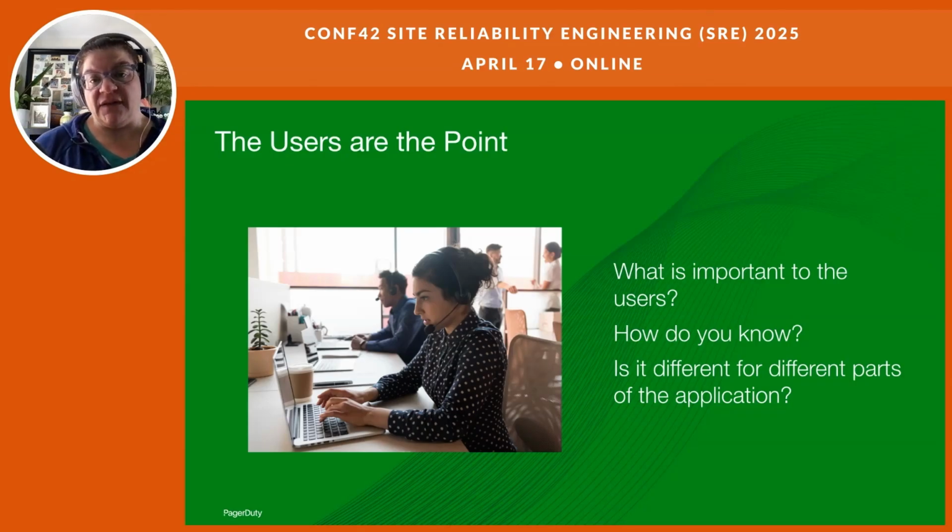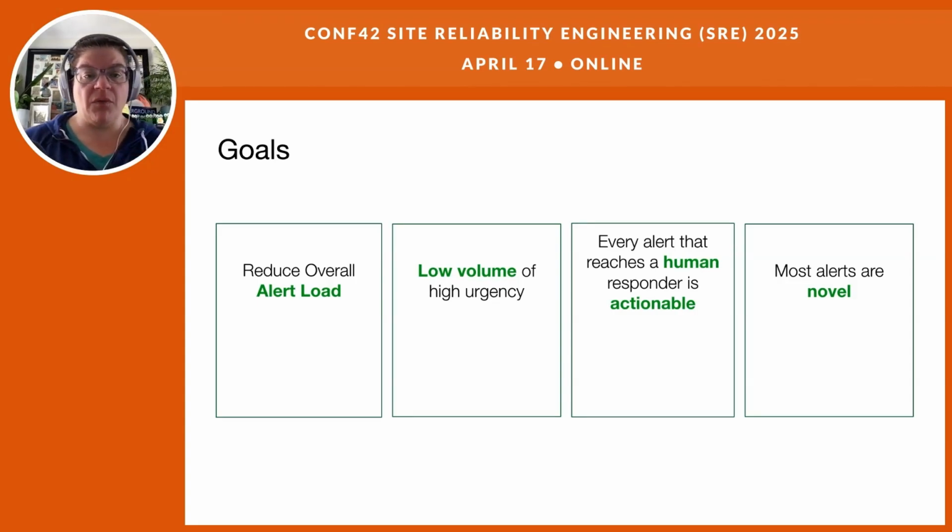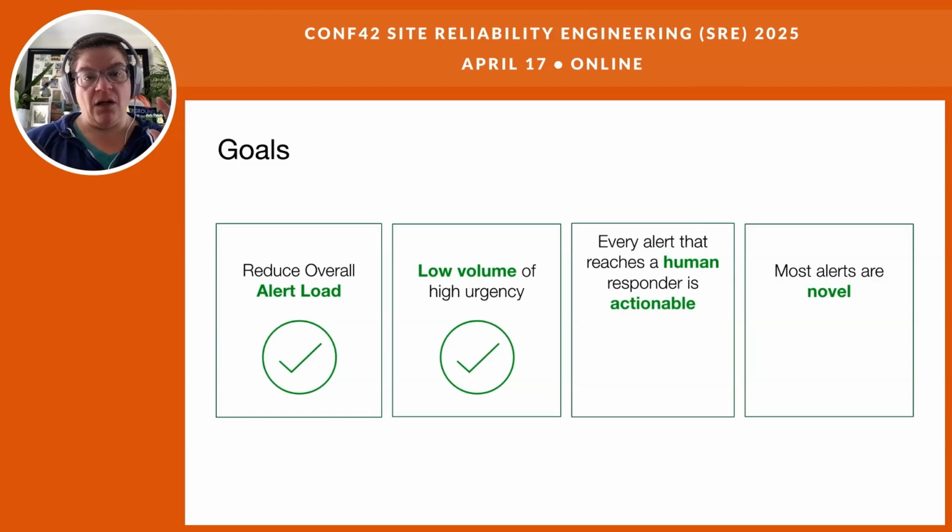These tools can be fairly sophisticated, so you might want to talk to a vendor about them. So overall, our goals are, number one, we want to reduce our overall alert load. That is going to help our alert fatigue greatly, even if we aren't in a place to deploy SLOs right off the bat. We'll have a lower volume of high urgency alerts, and they will legitimately be important, right? They're things that we need to see in real time in order to preserve the reliability of the system for the users. Every alert that comes to a human responder should be actionable, and it should require human